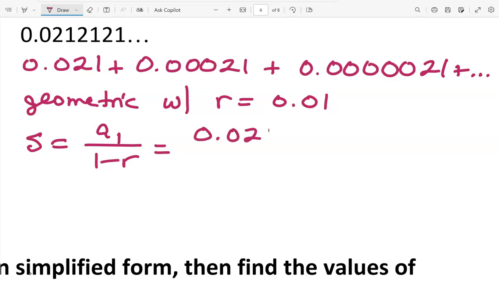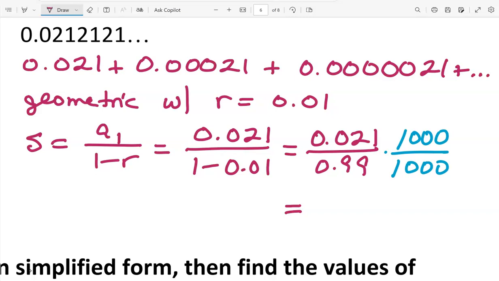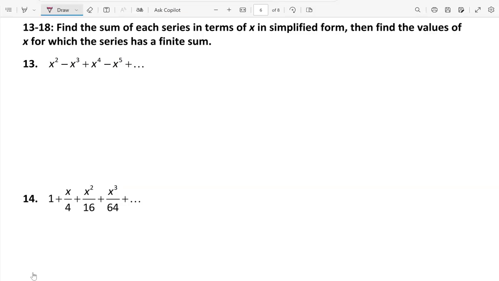And our first term is 0.021, and the ratio 0.01, which gives us a ratio of 0.021 divided by 0.99. In order to express this as a ratio of integers, we can multiply the fraction by 1000 over 1000, which gives us 21/990ths, and that simplifies to 7/330ths. In 13 through 18, we're asked to find the sum of each series in terms of x in simplified